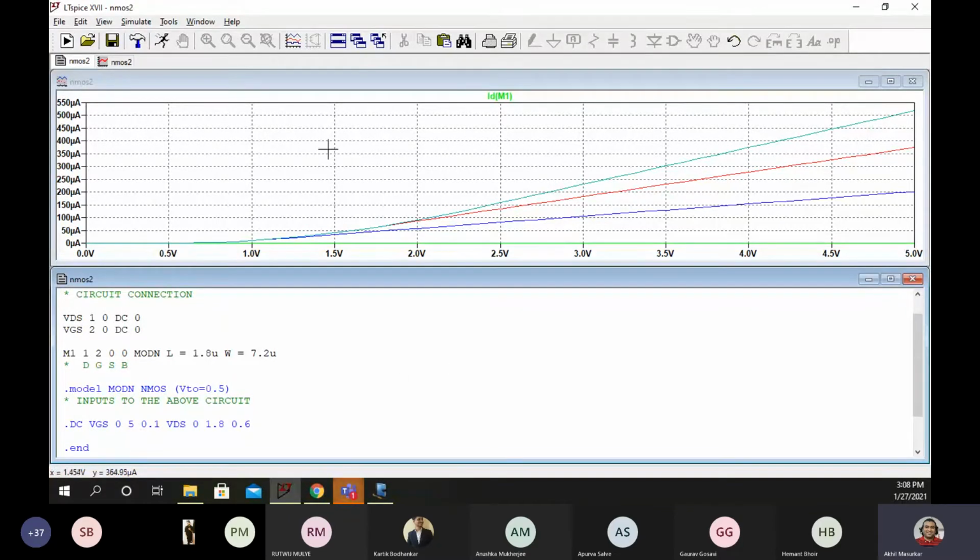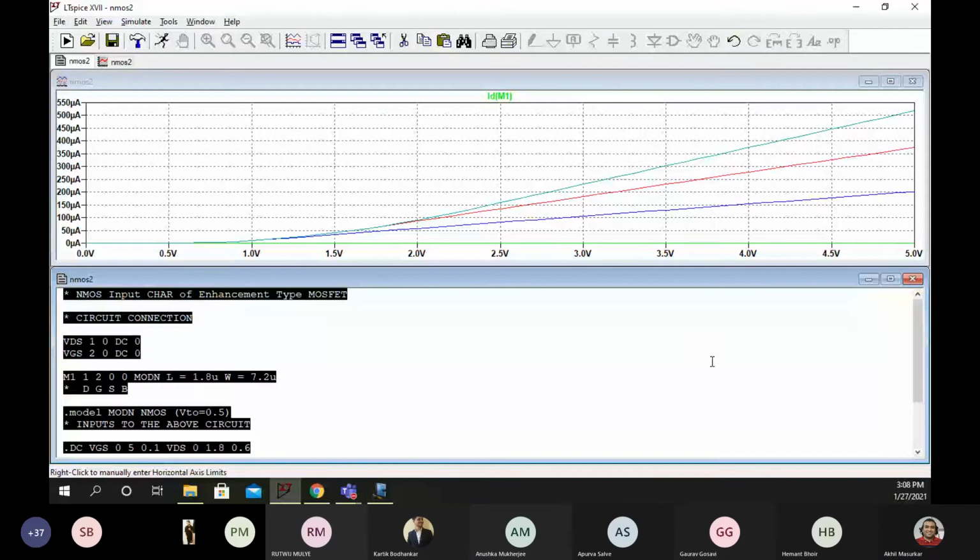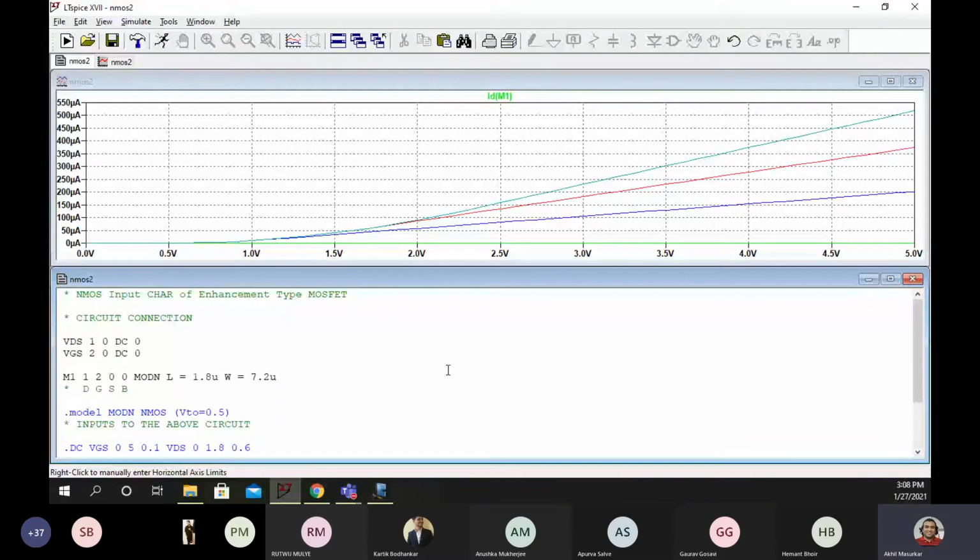So this is the input characteristics of the MOSFET. What is this? Input characteristics of enhancement type MOSFET. So I am just writing here input characteristics of enhancement type MOSFET. Now we will plot. Okay, Shruti and Ritika, the output is right.